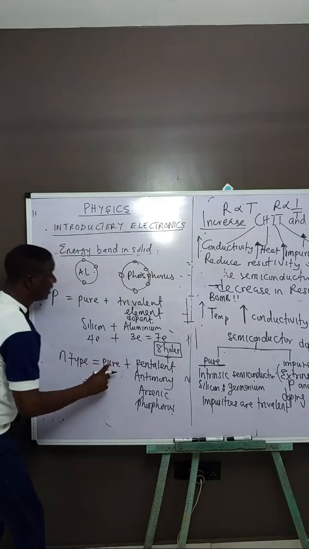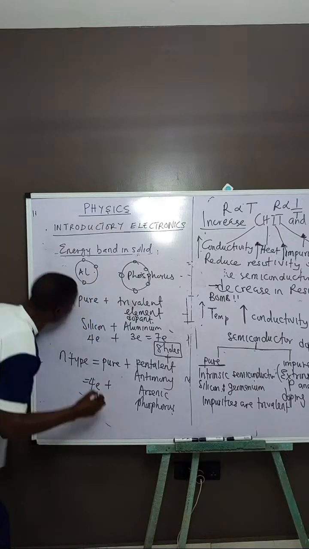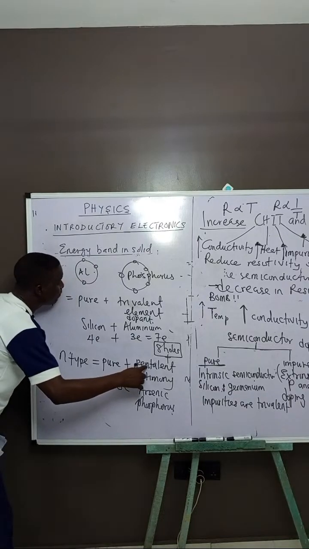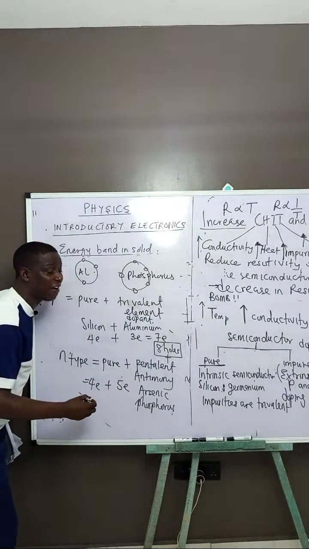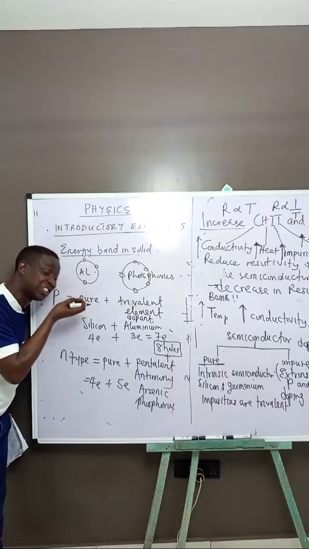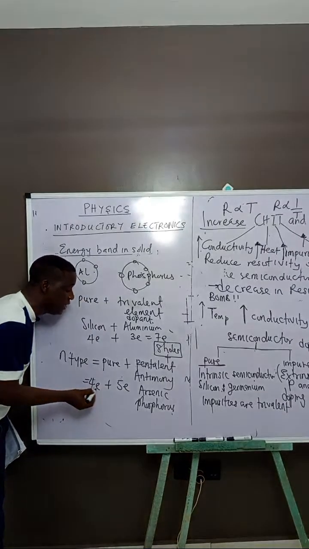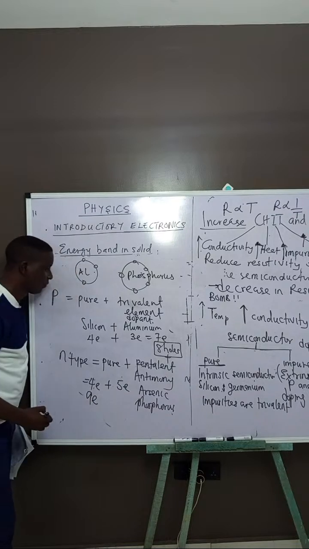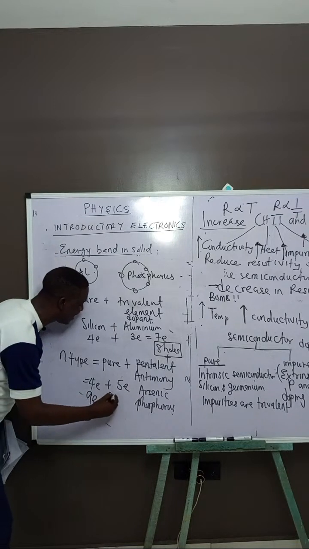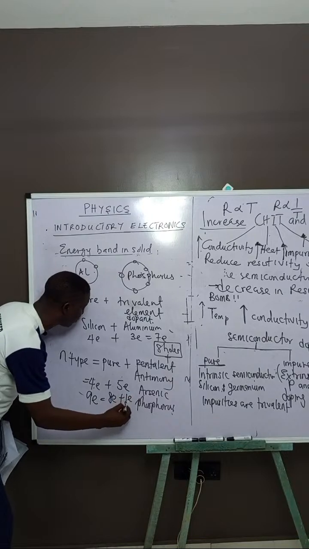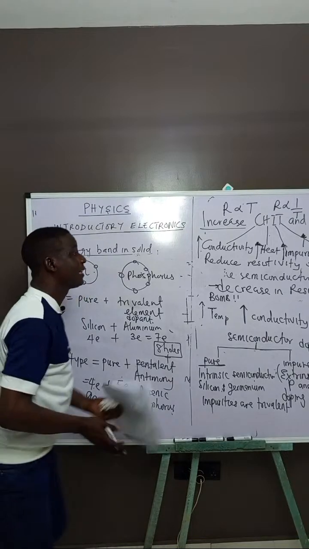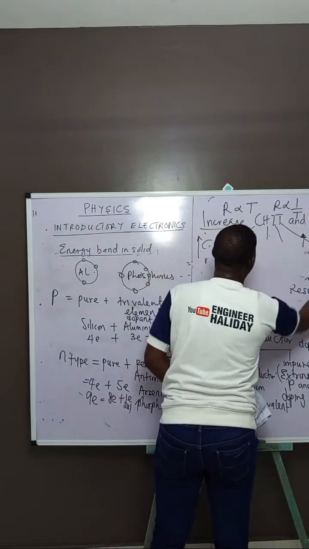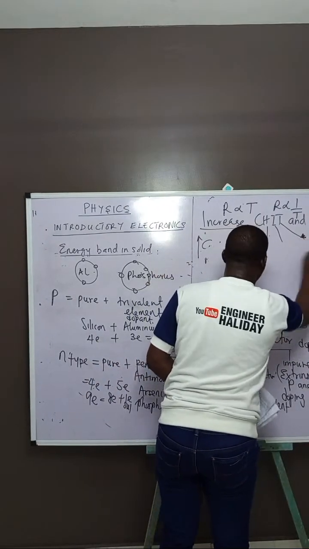Pure semiconductor silicon has 4 electrons at the outer shell. Don't forget, plus 5 from the pentavalent, which has 5 electrons at the outer shell. So 4E plus 5E, how many do you have now? 9E. That means we have 8E plus 1 surplus electron. So what we are saying now is that when you add 5 plus 4,